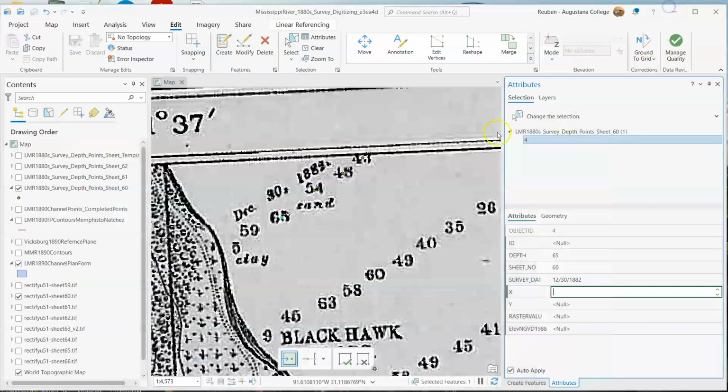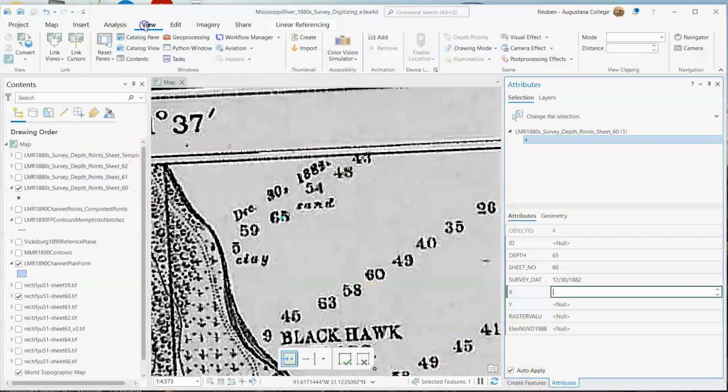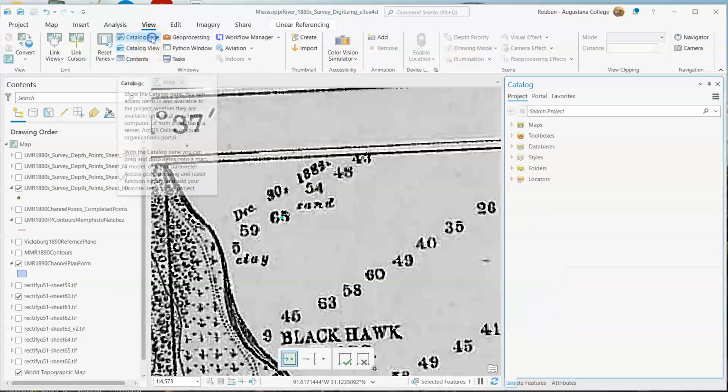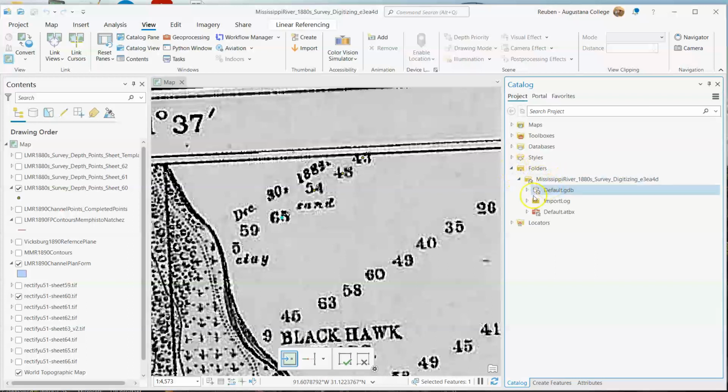We got that. The last thing I wanted to show you is if you got down, for example, to map sheet 63 and you're ready to make a point file based on it, what you'll do for that part is go to the View ribbon, and then you'll click on the Catalog pane. That's going to add another pane over here, just like we have our create features and attributes for the catalog. If you expand the one for folder, expand the one for Mississippi, and then, oh, I see it's